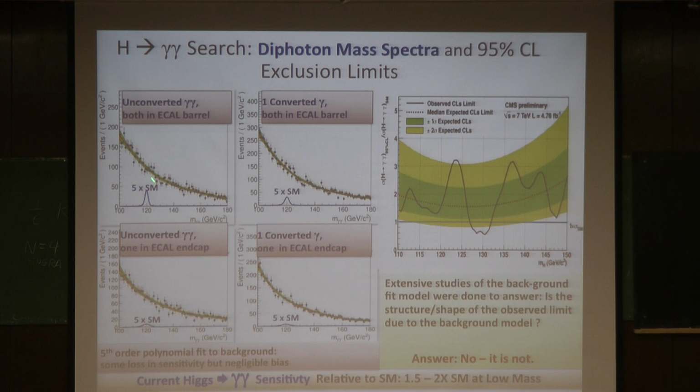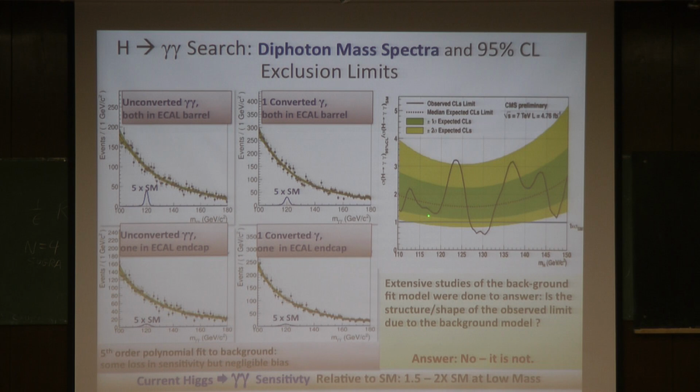So what I'm showing here is all 4 different categories. And the Higgs here is with 5 times the standard model. This is a Monte Carlo. This is the Monte Carlo blip of how you would expect to see it in those 4 categories. Main observation: here the resolution is different than here. So the barrel ones are the ones with the best resolution. And the reason for that is what we discussed the previous time on the detector.